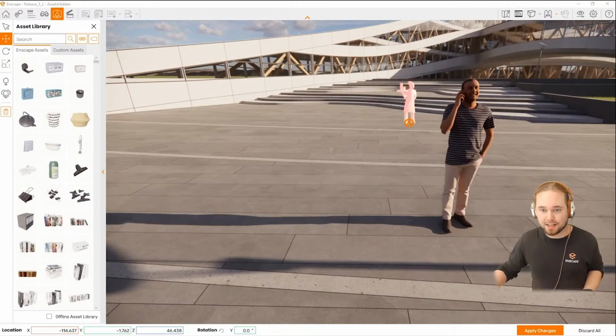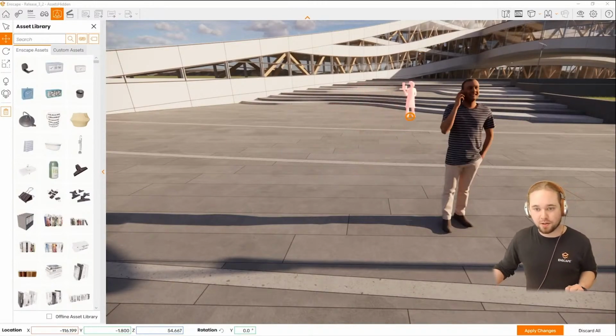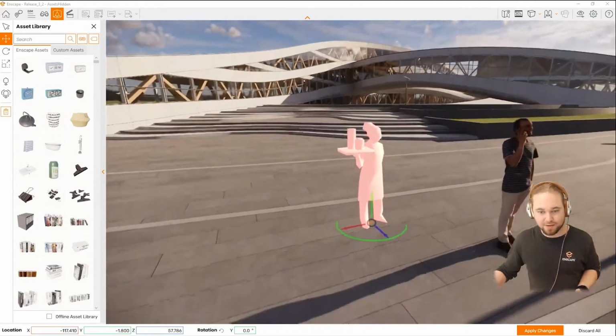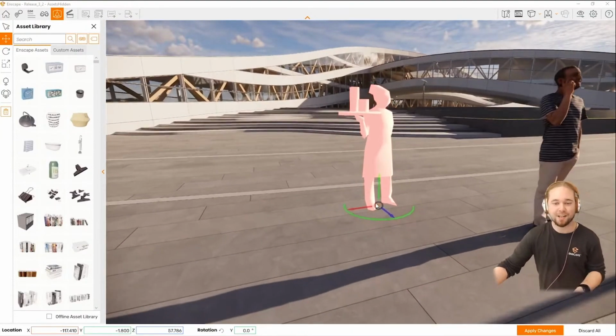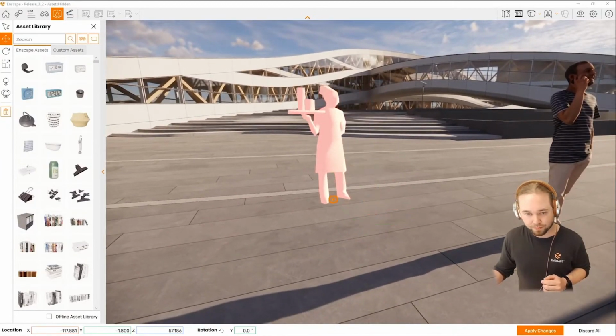And as you see, it is respecting the geometry that you have in your scene. So you don't have to worry about is it too high, is it too low, is it going to stick out of the surface or hover in the air? No, Enscape is taking care of that for you. So that's really, really useful.